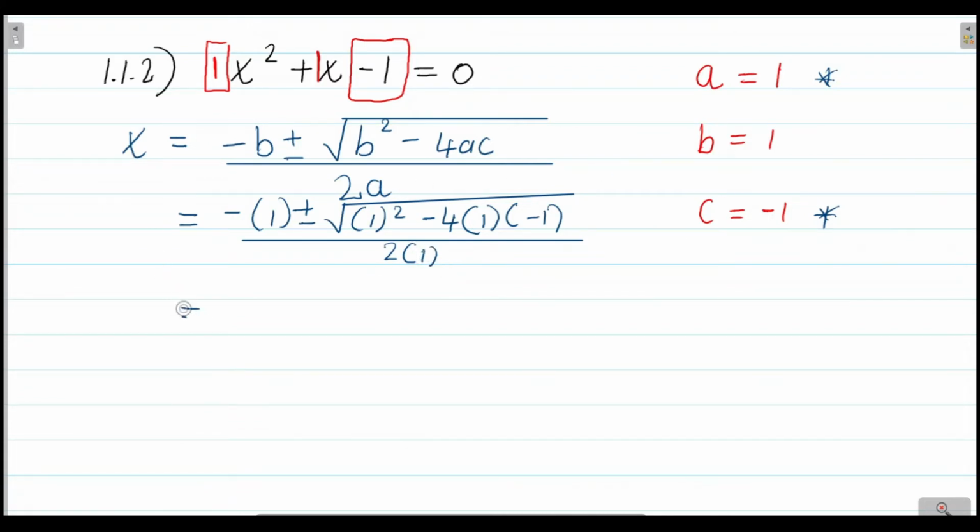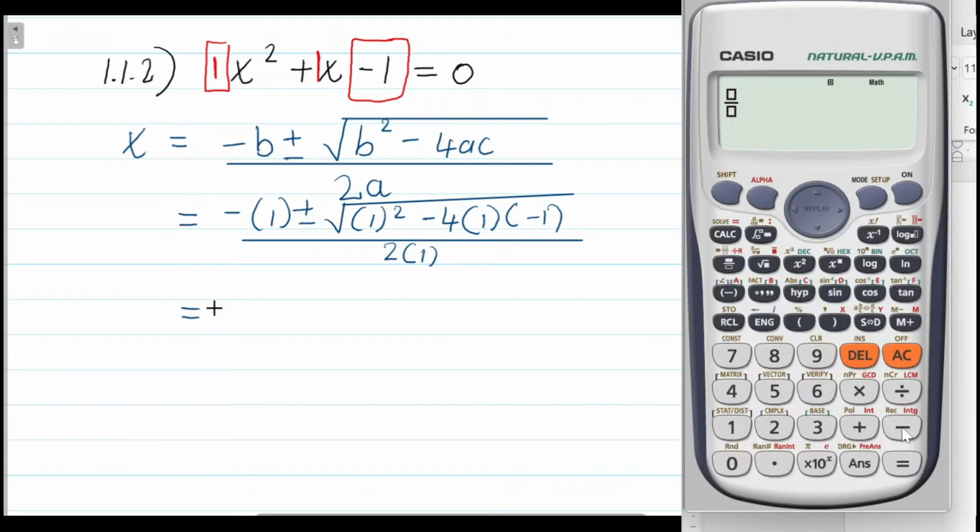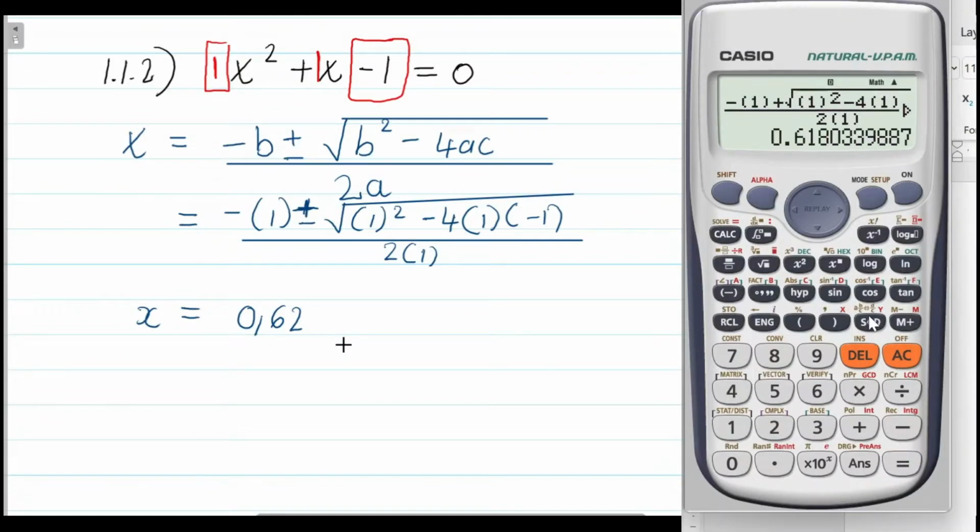Okay, and then I'm just going to put a video here where I show you how you basically substitute all these values into your calculator, right? And then when you substitute the values into your calculator, if you start with the positive, I'll show you here in the video, your x is equal to 0.62, guys. They said correct to 2 decimal places. So 2 decimal places is 0.62, or your x is equal to